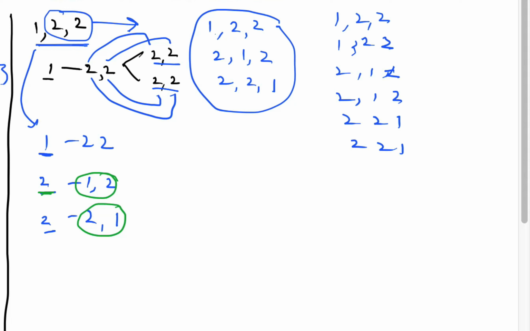So let us see it with an example of just two elements. Let's say we have two elements and the two elements are the same, 2 and 2. According to the previous logic, first we will fix this 2 at the first position, and then we call the function for 2 2 with position being at this element.